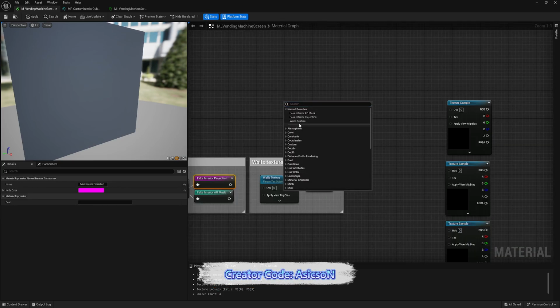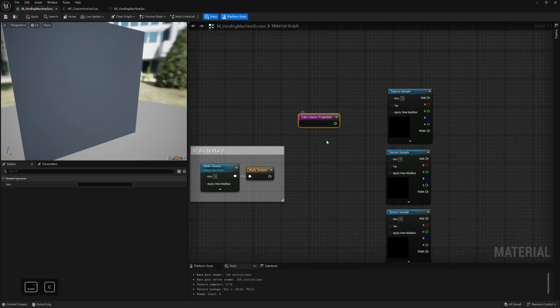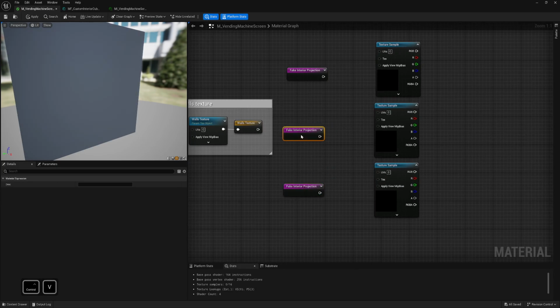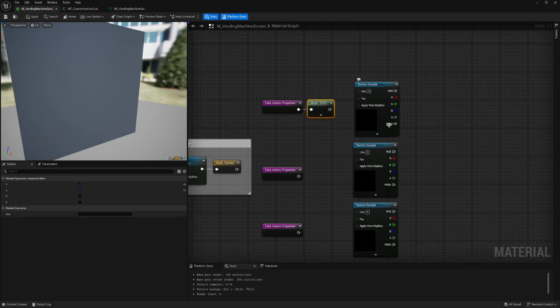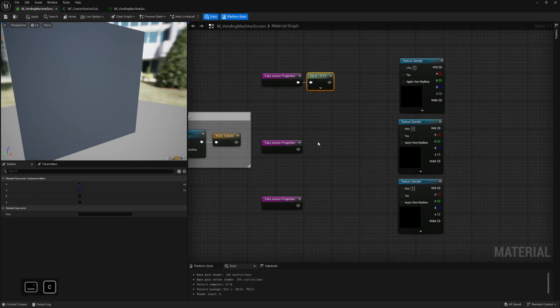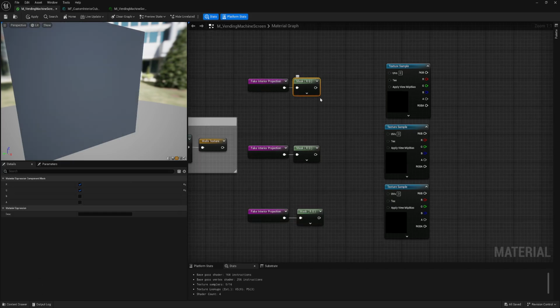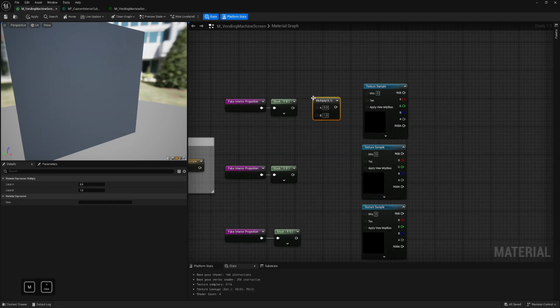So we need that node, 3 of them. And each needs to be masked. So this one will be RB, this one will be GB, and this one, yeah, RG.